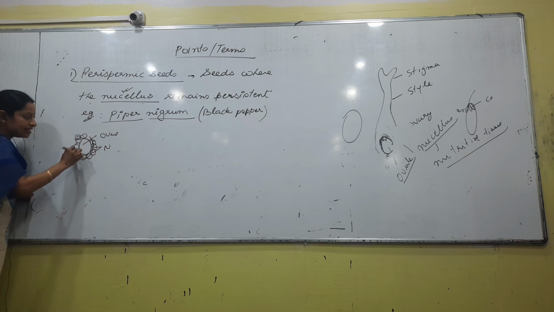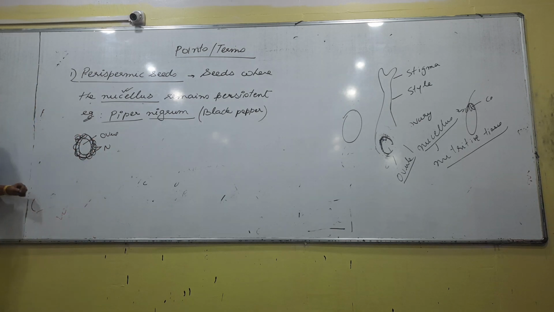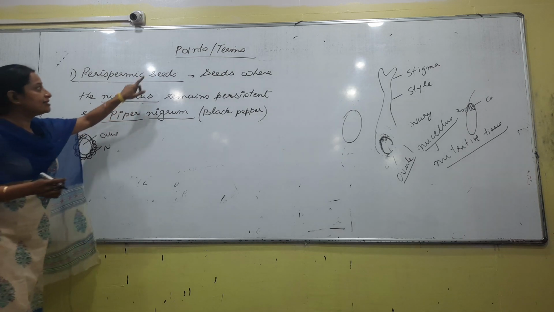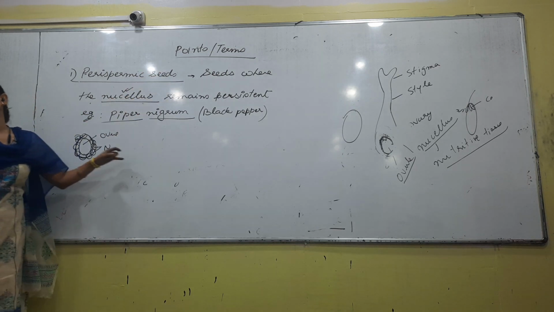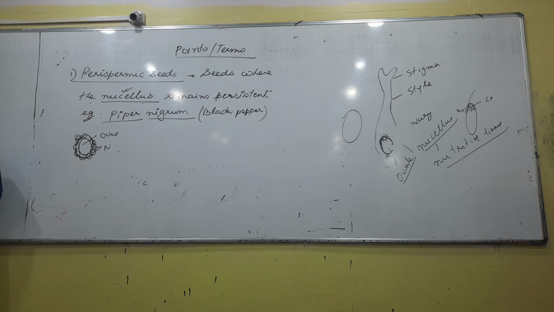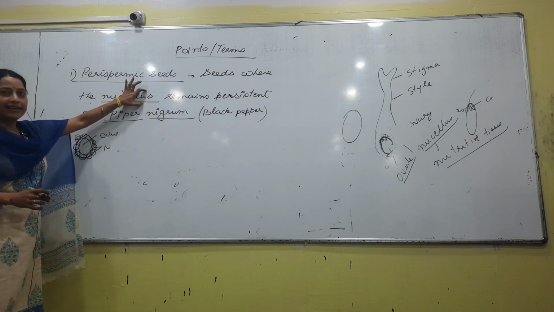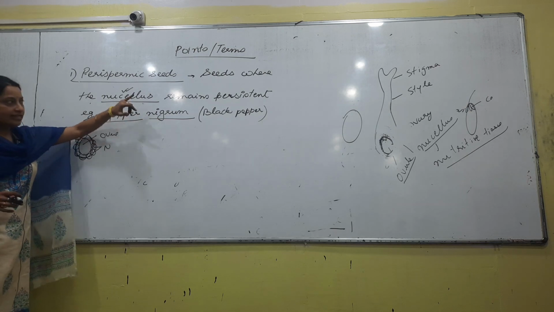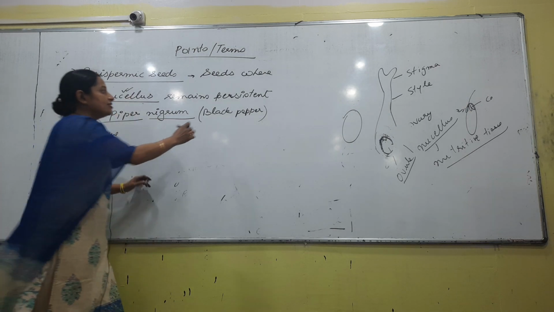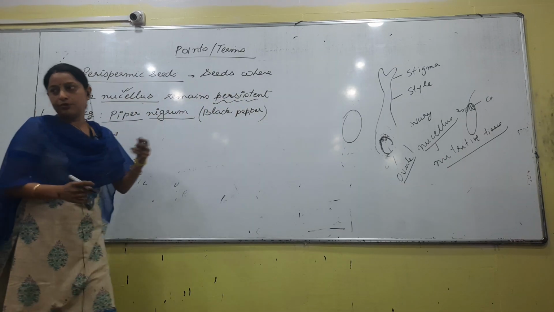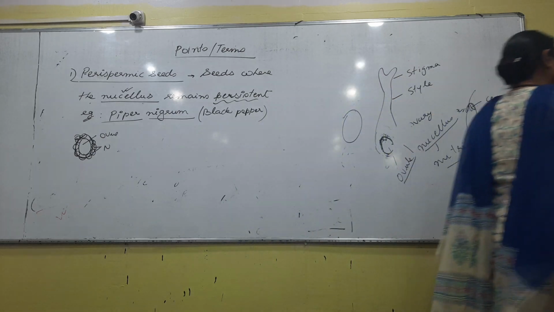If the nucellar cells persist or remain even after fertilization, we use a word called persistent nucellus, right? A seed that has a persistent nucellus is called a perispermic seed, right? Normally in seeds the nucellus does not remain; it gets absorbed, right? A seed with a persistent nucellus is called perispermic. So, questions can come from the statement, and from the example. The statement is important, especially the words persistent nucellus, and the example is also important. I think it's understood.